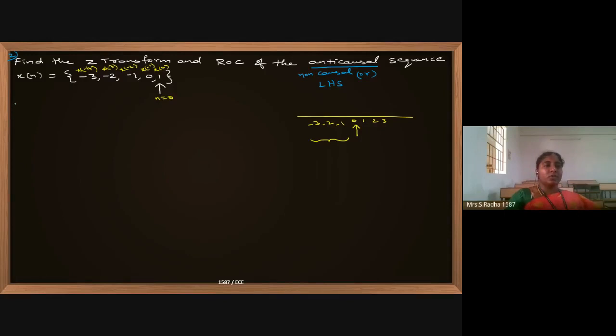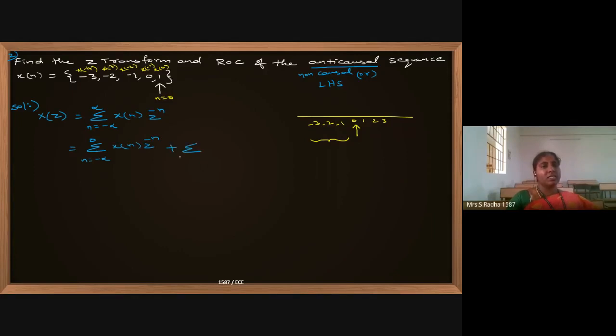Coming to the solution, you know the diagram, how to draw for the given signal. Okay, now I am going to the Z transform. Summation n equal to minus infinite to plus infinite, signal into Z power minus n. But we have the signal only on the left side. So n equal to minus infinite to 0 I will take. X of n z power minus n, because based on the question I have included 0 also.